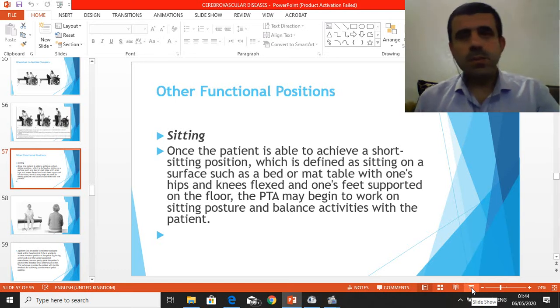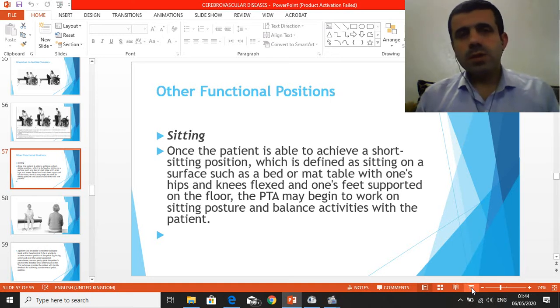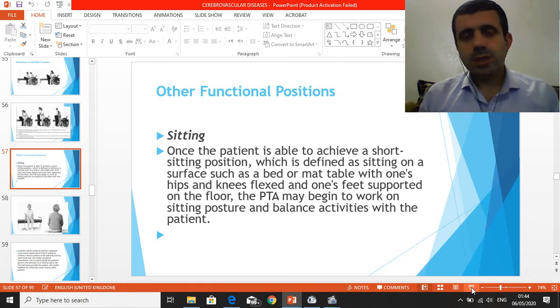Regarding the questions, we can arrange a Zoom meeting, or we can create a Viber group and discuss the questions there, or we can arrange a Zoom meeting and discuss the questions and the issues about the lectures. Okay,